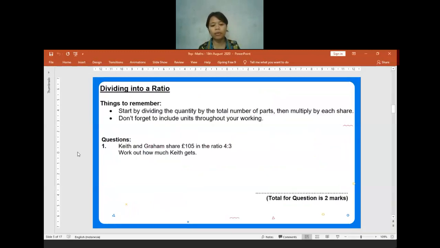We will revise from the ratio first. Dividing any value into a given ratio. So the first thing that we have to do is find the total. So the total ratio for example 3, the total will be 7. The total will always be equal to the